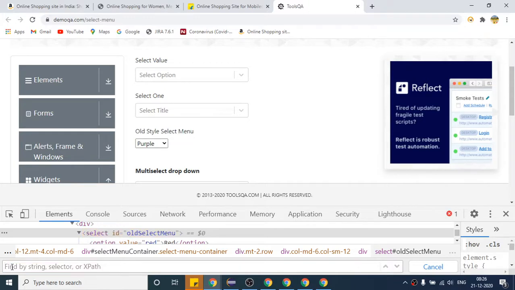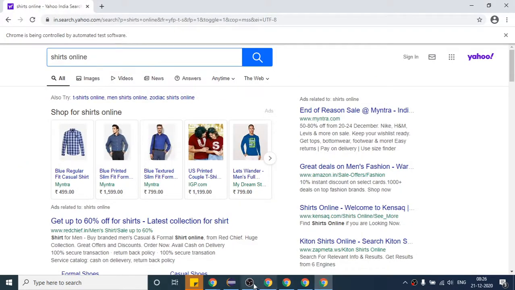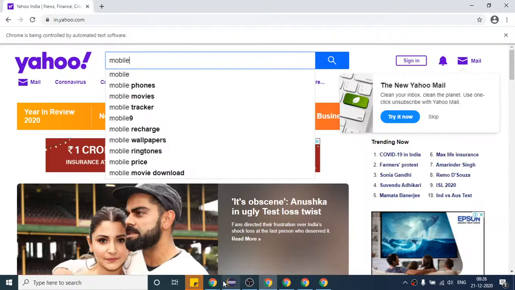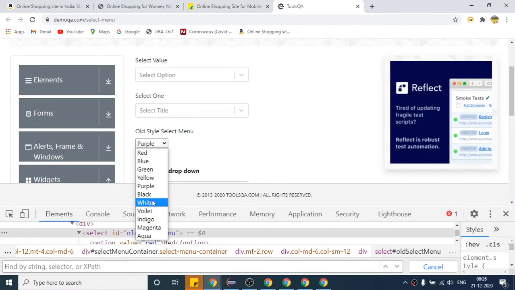So I can do like this: driver dot findElement by, first I will find the particular drop down, it is here. Now if I say sendKeys, sendKeys can also work here. Suppose I want to click on black, so I will first see what values it is giving me, right?